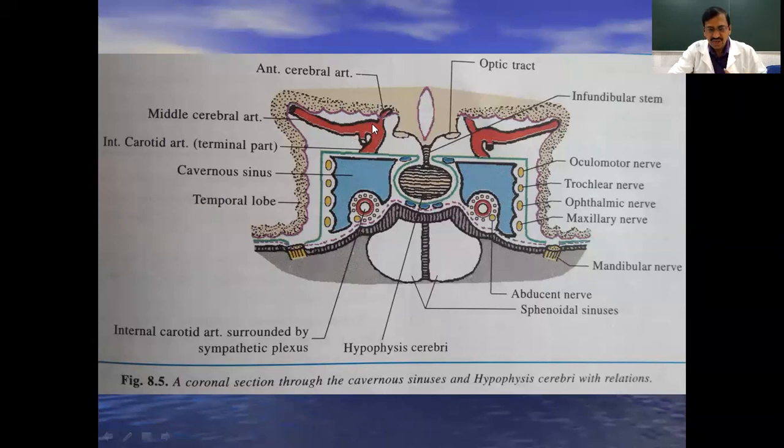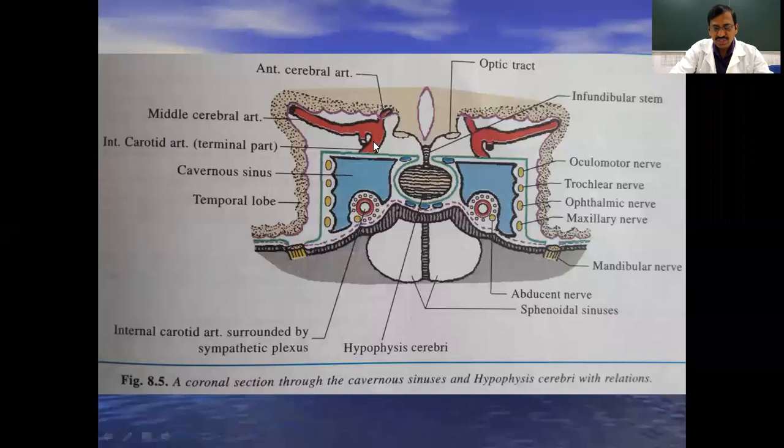And here at this area it is forming a bend. This bend is very, very important. This is called the carotid siphon. This carotid siphon plays the most important role clinically, because up to here the blood is coming with high pressure, and it dampens the blood and regulates the blood flow to the cerebrum through the anterior and middle cerebral arteries. Because of the presence of this bend, the blood flow pressure is regulated. That is the most important function of the carotid siphon.